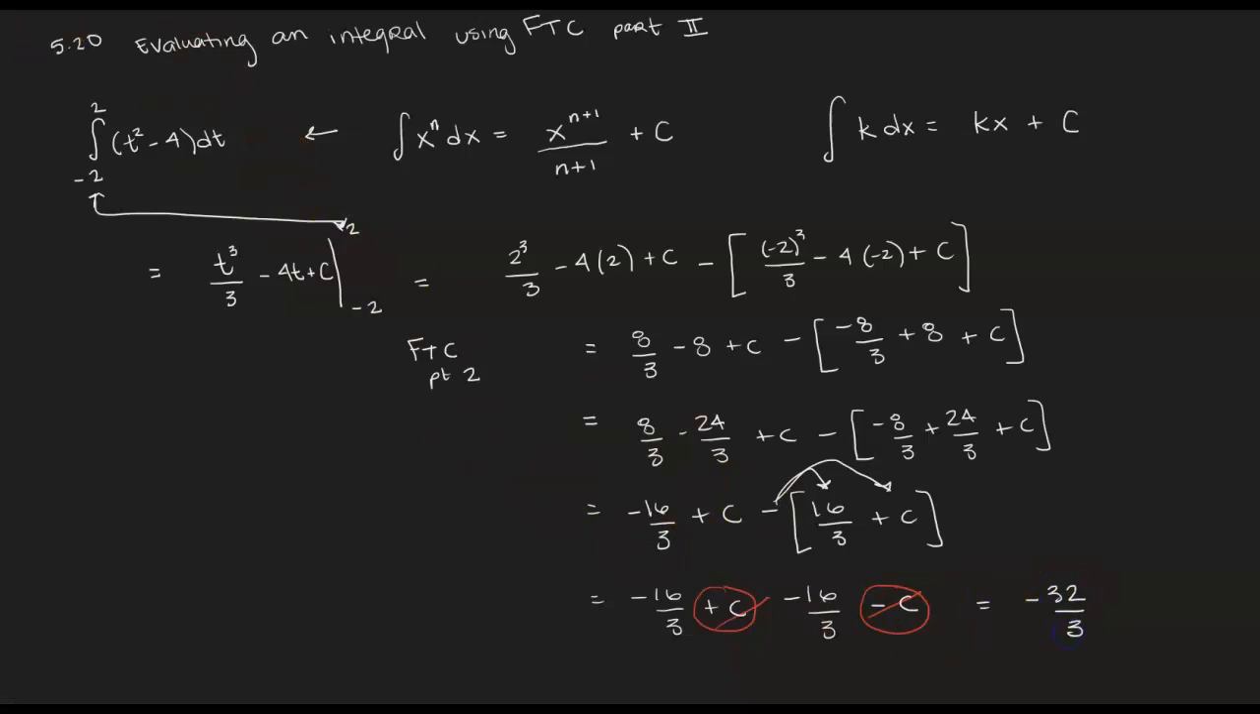Our final answer comes out to be negative 32 over 3. And along the way, you might have noticed that the plus c at the end of our antiderivatives actually disappeared. They canceled each other out. And so this is a nice consequence of the FTC Part 2, that when you're calculating a definite integral, one